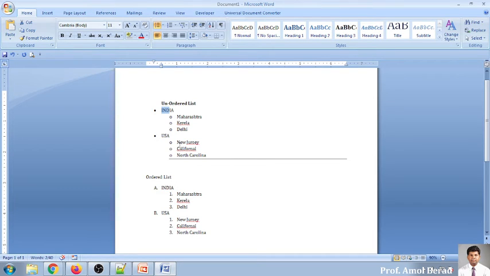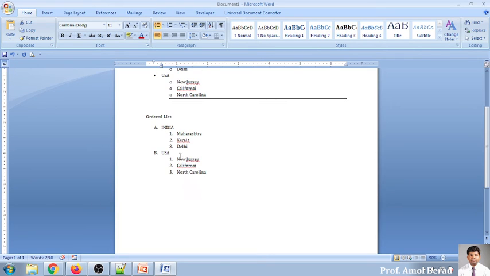So the thing which is not important for you, you use an unordered list. And when you want to specify numbers, how many items it contains, like India contains 3 states, 4 states, 5 states, or 100 states, whatever number you want to specify, you will give it in the format we call an ordered list. Yes, everyone is clear with this?